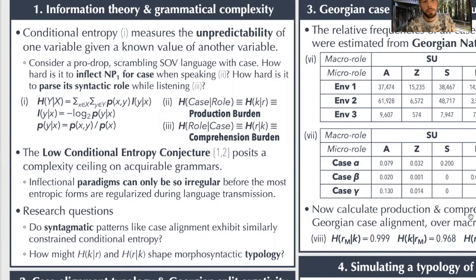So very generally put, conditional entropy measures the unpredictability of one variable given a known value for some other variable. So it's calculated according to these formulas. If you're interested in the math behind it, I actually have another YouTube video on this channel that breaks that down. But I think it'll be more useful to start by imagining a pro-drop scrambling verb final language that inflects